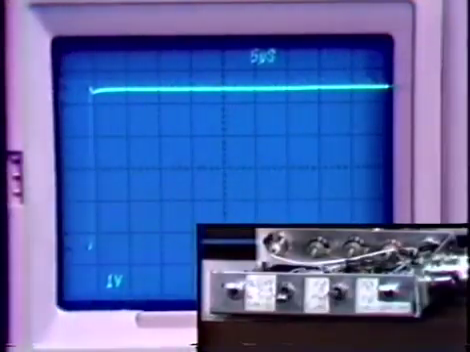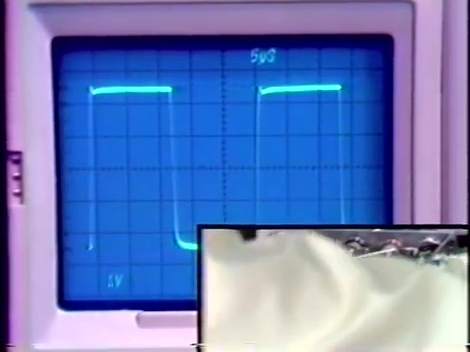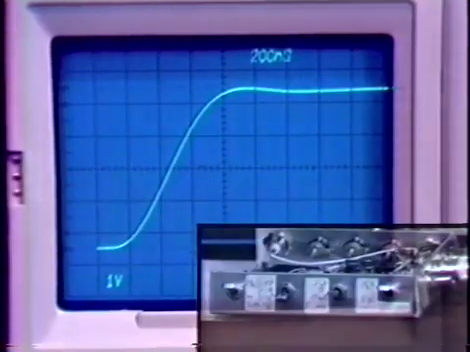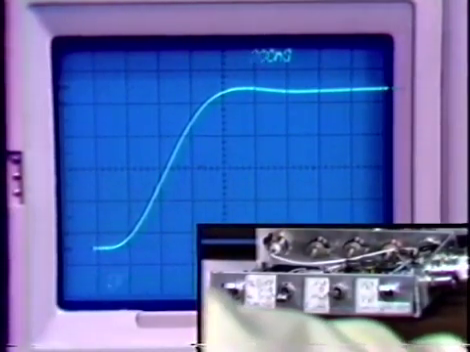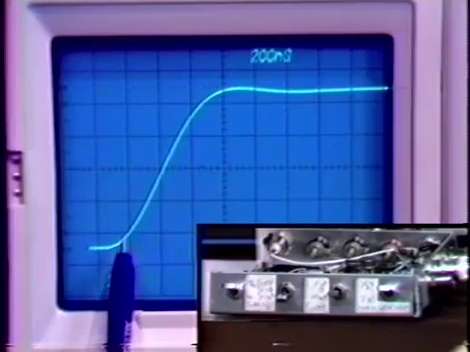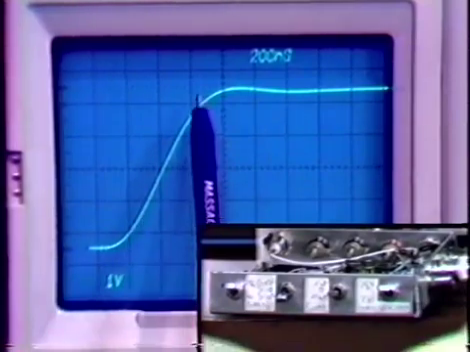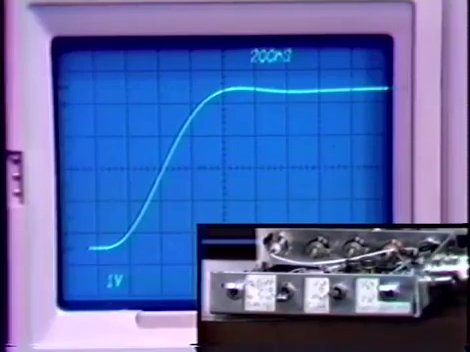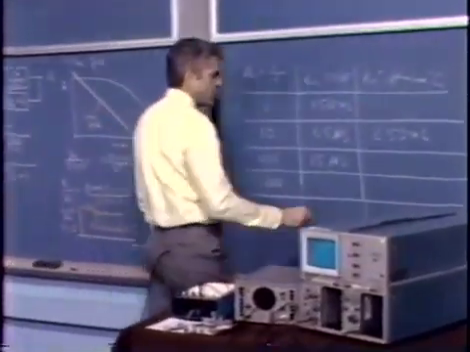Notice very nearly vertical rise on this kind of a time scale. We can now speed up the generator once again, look at the response in detail. And again, our 10 to 90% rise time, we're now back to a time scale of 200 nanoseconds per division. The 10 to 90% rise time is back to about 500 nanoseconds. 1, 2, 2.5 divisions at 200 nanoseconds per division. So again, we haven't quite gotten back to the original case,